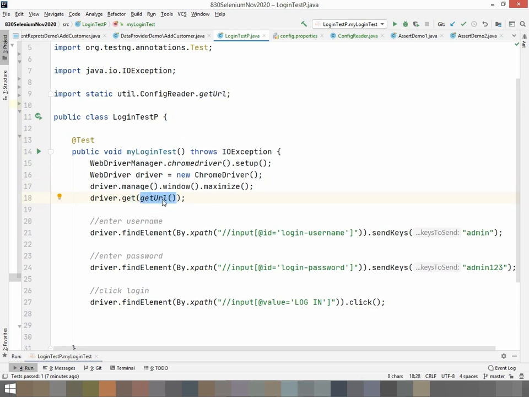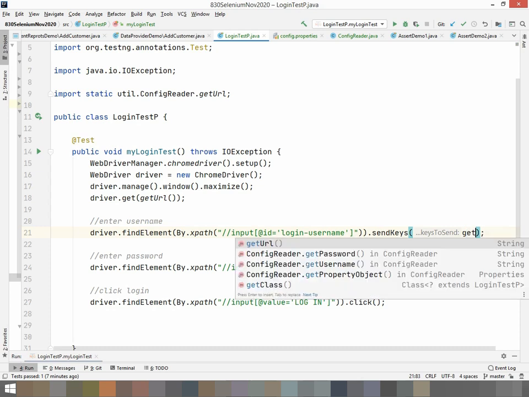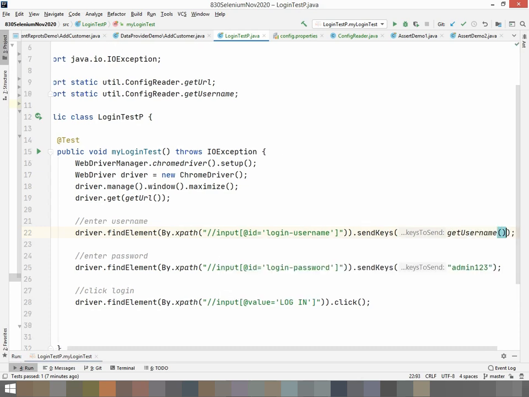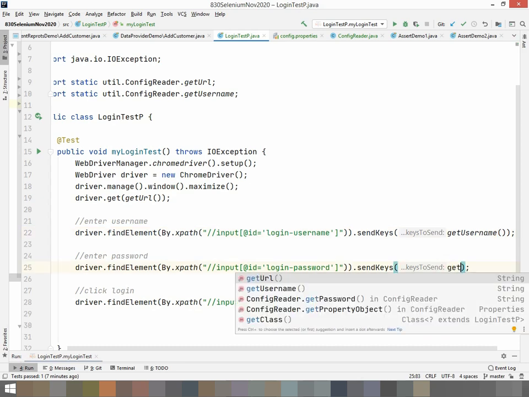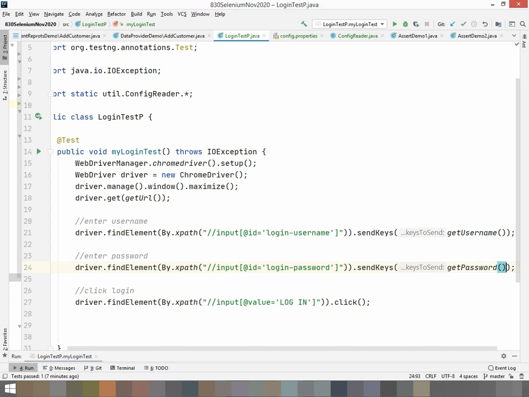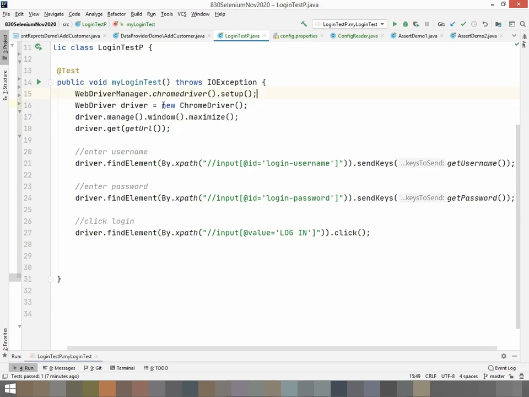This will open the desired URL, that is the stock management site URL, and here instead of this write get username, and here get password. That's it. I have not written anything here, but it will work exactly the way I want.